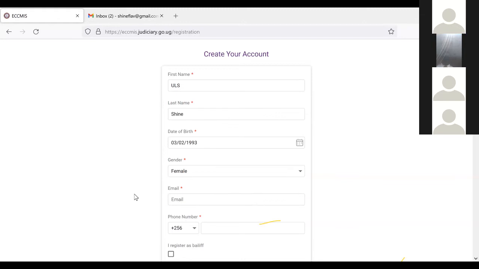Kindly note that all fields that have the red asterisk, that have the red stars, are mandatory. In other words, all that information is required of you. You must fill it. It is only that is not having the red asterisk that you can proceed without filling. So you have to put your